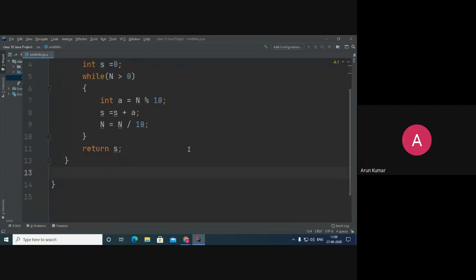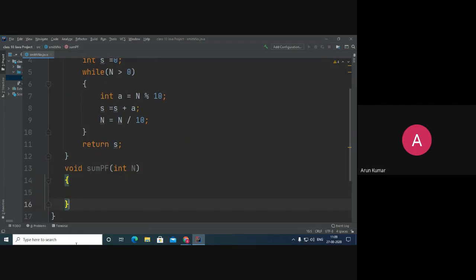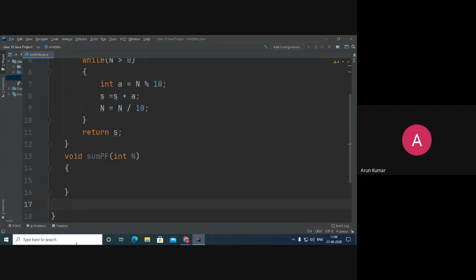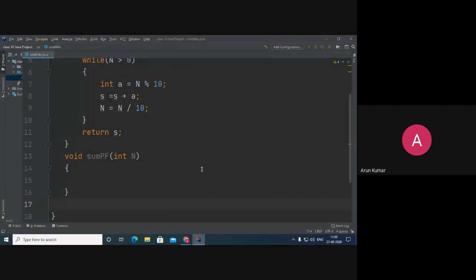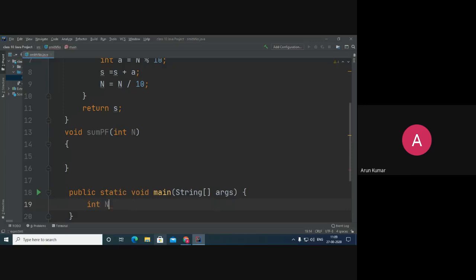So now what to do? Here we have to see the function sum PF, sum of the prime factors. This function will generate the sum of the prime factors. In the main method, I will be calling that function.